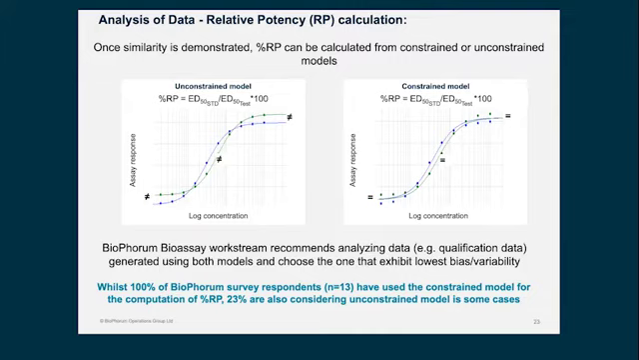There is a huge debate, as the classical approach is to calculate the relative potency from the constrained model. However, the BioPhorum survey respondents recommend analyzing data, for example, the qualification data, generated using both models, and to choose the one that exhibits the best performance. And by best performance, I mean the lowest variability and bias. If you go to the next slide,